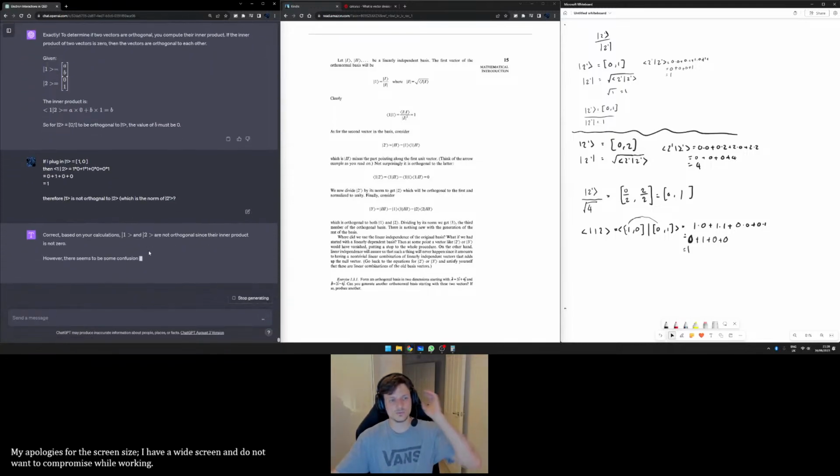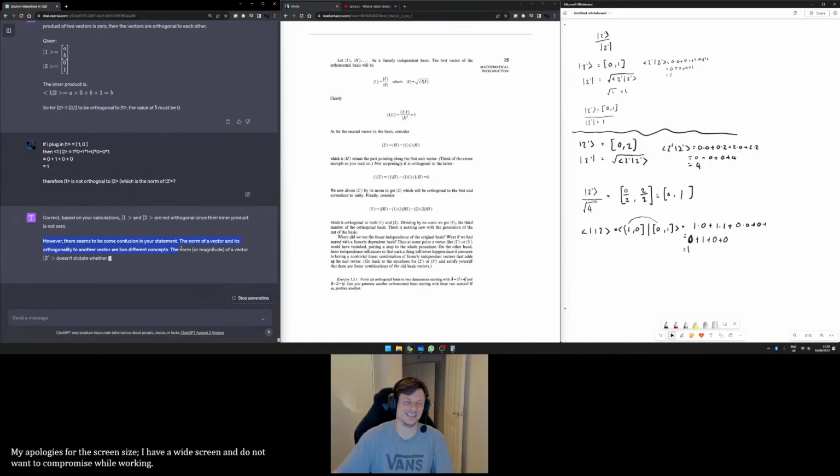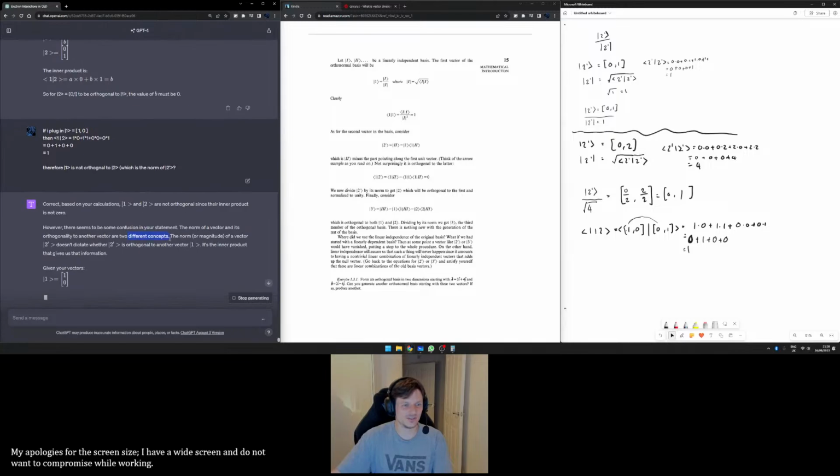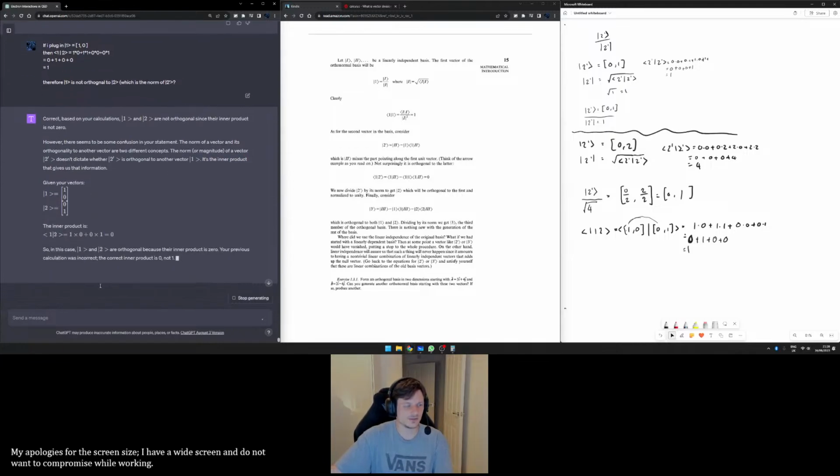Correct. Based on your calculations, 1 and 2 are not orthogonal since the inner product is not 0. However, there seems to be confusion in your statement. The norm of a vector and its orthogonality to another vector are two different concepts. The norm or magnitude of a vector 2 doesn't dictate whether 2 is orthogonal to another vector 1. It's the inner product that gives us that information. Given your vectors, yeah, but